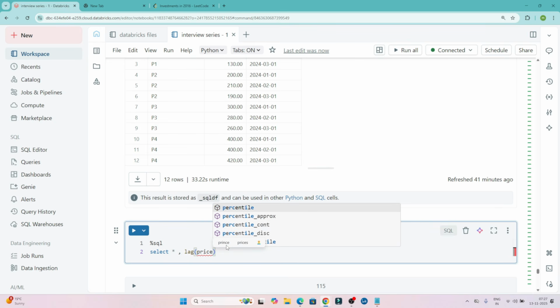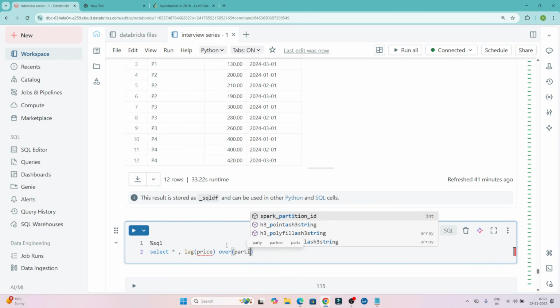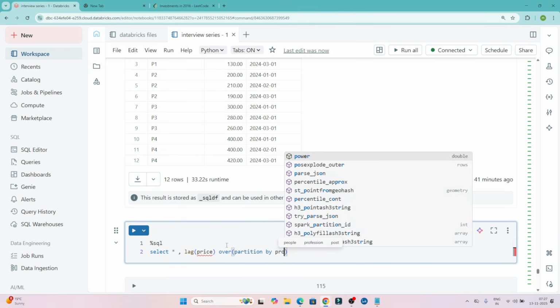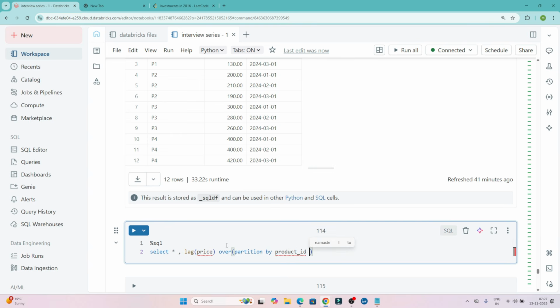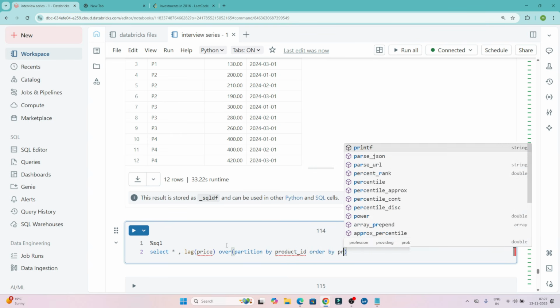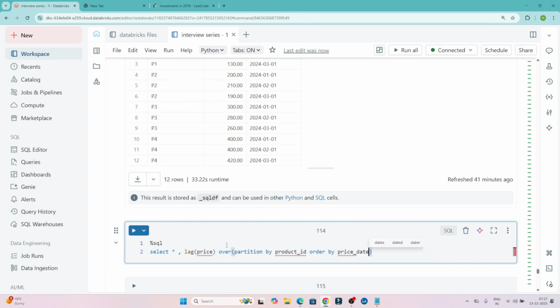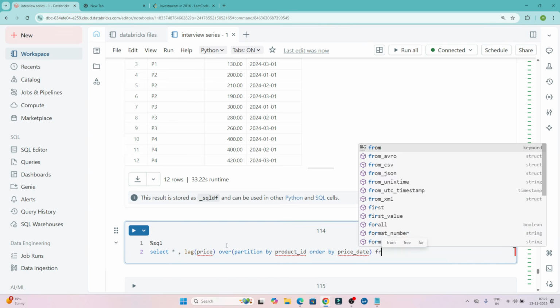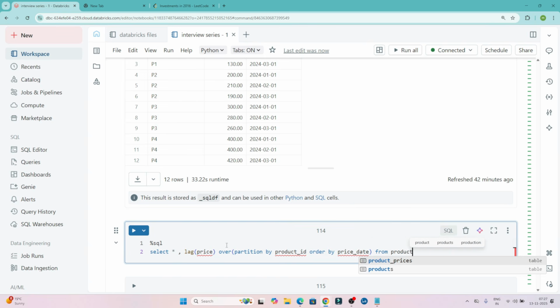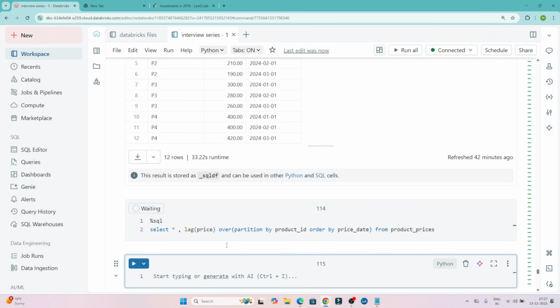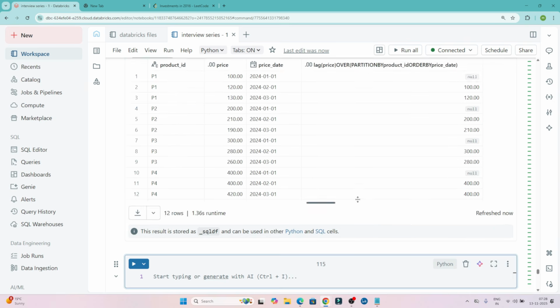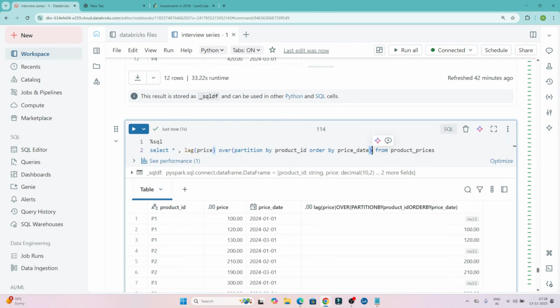So I will try to find out what is the previous price first. So lag price over partition by product ID, order by price date from product prices table. Now if I'll try to execute and show you what actually I am doing, I am trying to create one column. Let me give the column name as previous price. So based on the date,